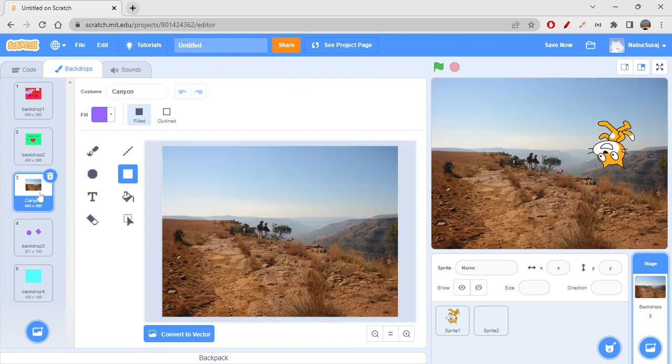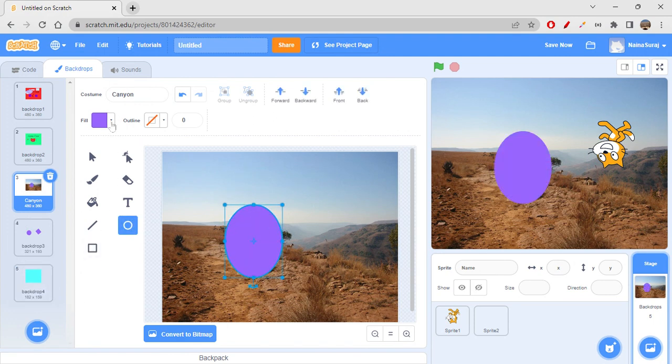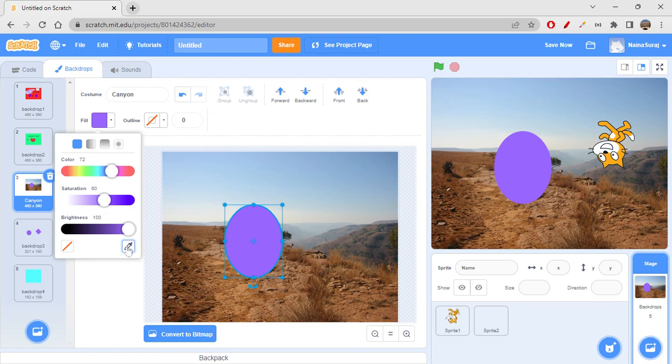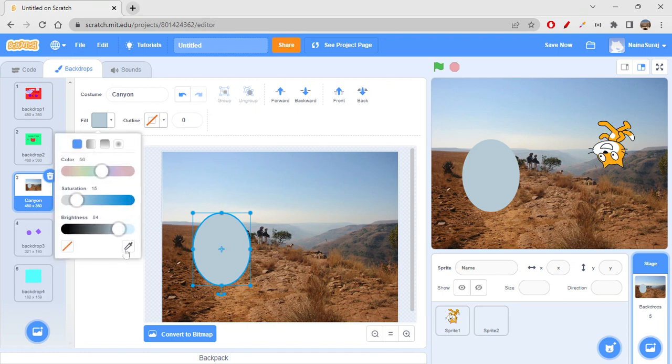So if I want to show you over here, this is the draw backdrop which is already there, right? I'll click on convert to vector first. Let's say I'm just using the circle here, and then I just want to fill it. I'm using color picker. I just want to fill it with this color or this color, let's suppose. See, it is actually giving me the same color. Okay, that's how it is. You can use the color picker tool to pick the color. Click on it, then click somewhere wherever you like. It will automatically give that particular color over here.